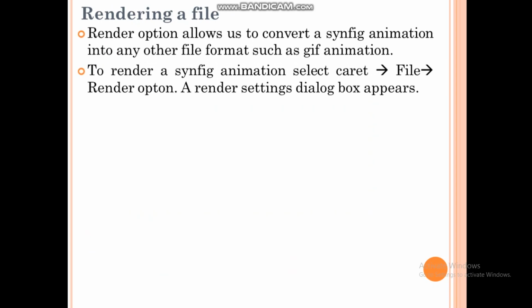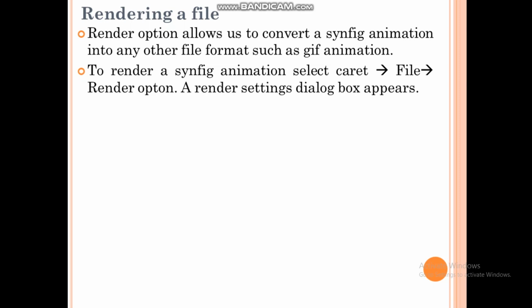Now the next option is rendering a file. So whatever animation we have created, for that we can create a GIF file. Render option allows us to convert a synfig animation into any other file format, such as GIF animation. Remember, the full form of GIF is graphical interchange format. It is a small animation file.